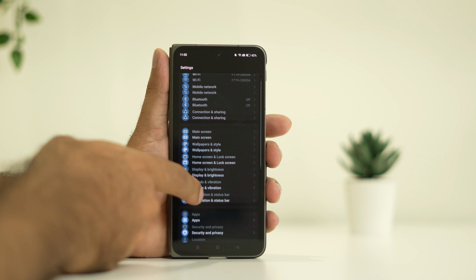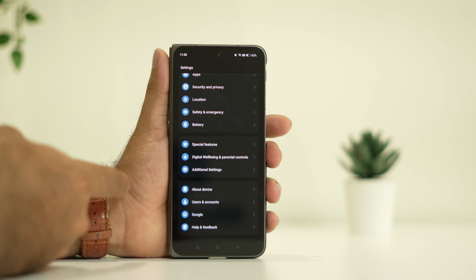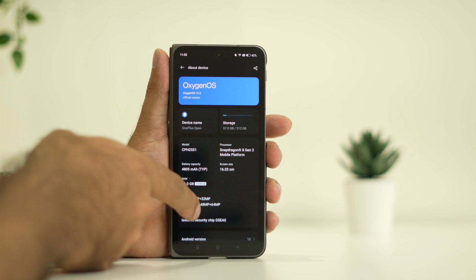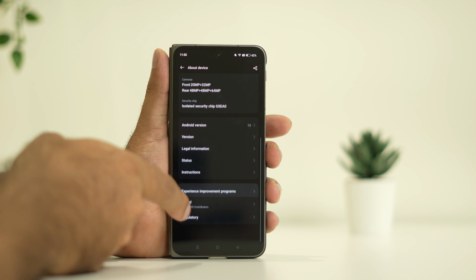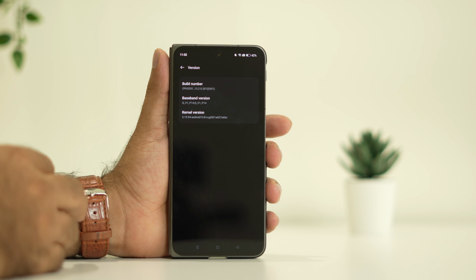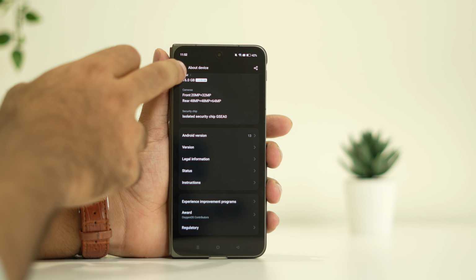So just go over here, and from here we have to navigate to the software update. You can go for the software update and try updating the software. It should be on the latest version, because this is very important. If there is any kind of update, just update the software, and once the update is done,